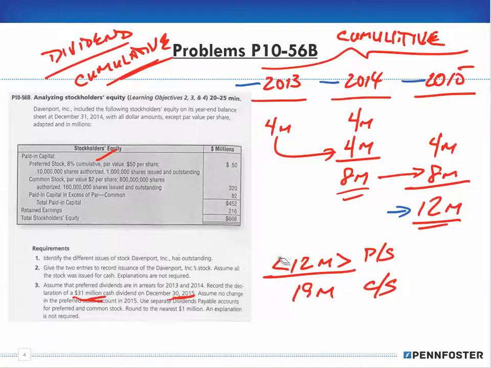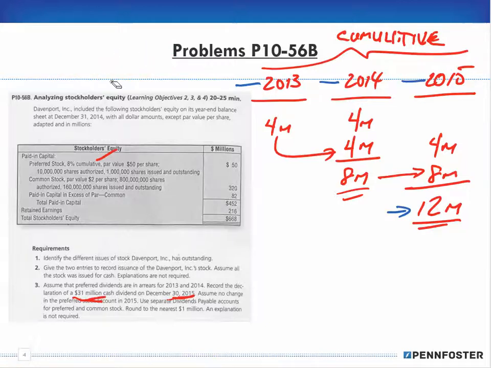So let me erase this a little bit here, and I'll just quickly rewrite it over here. So if we have 31 mil and 12 million goes to preferred, that means 19 million is owed to the